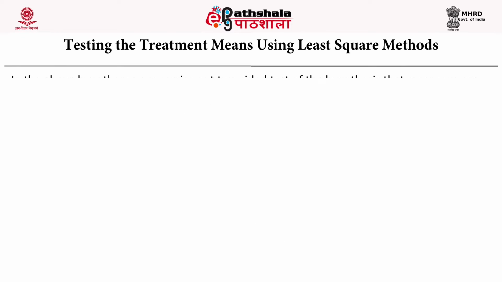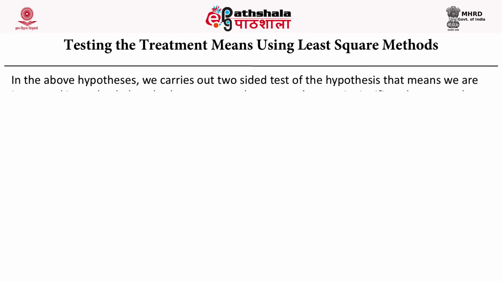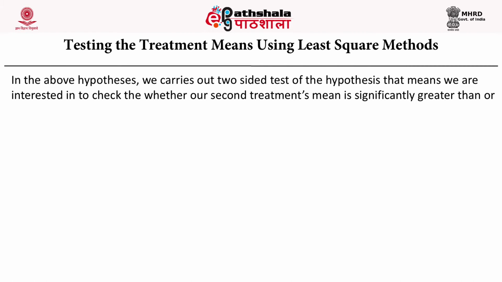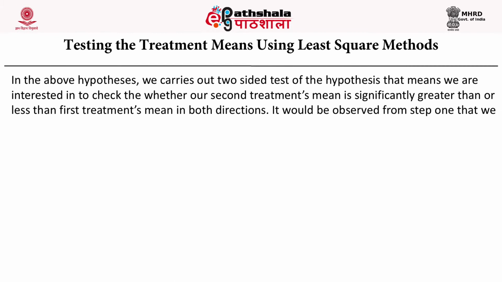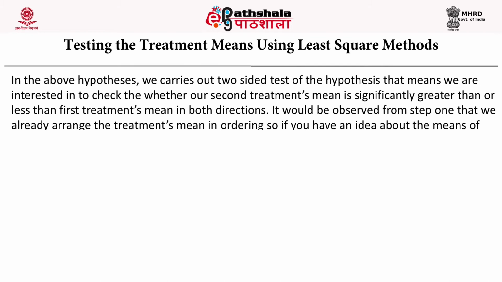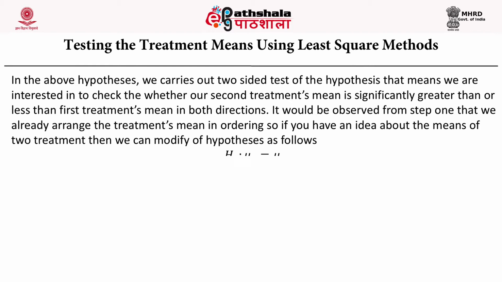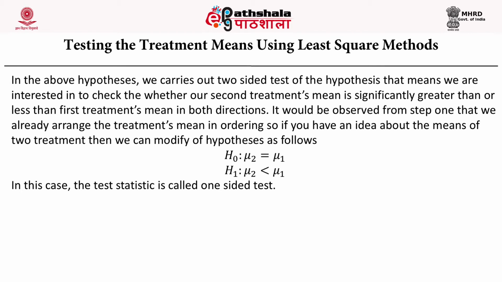So in the above hypothesis we carried out a two-sided test of the hypothesis. That means we are interested in checking whether our second treatment mean is significantly greater than or less than the first treatment mean, in both directions. It would be observed from step 1 that we already arranged the treatment means in order. So if you have any idea about the means of two treatments, then we can modify our hypothesis as follows: